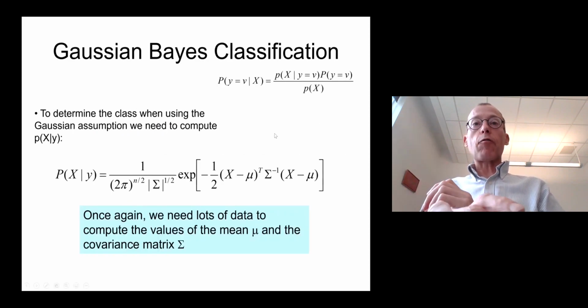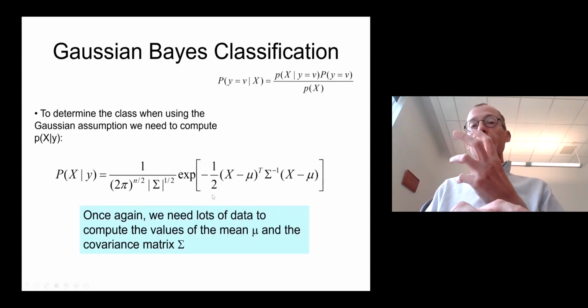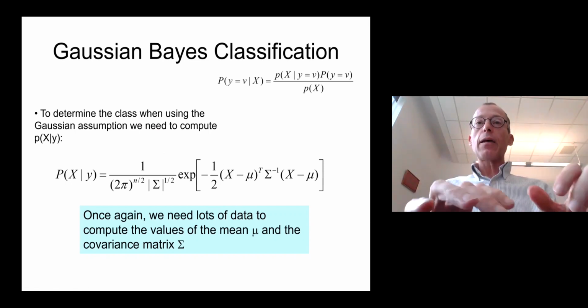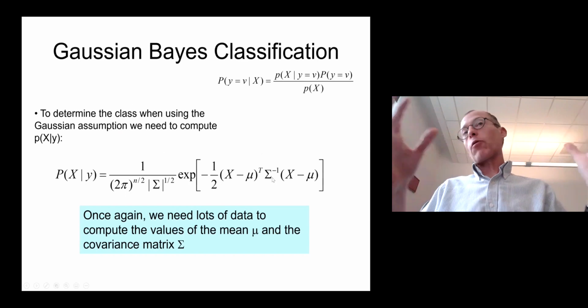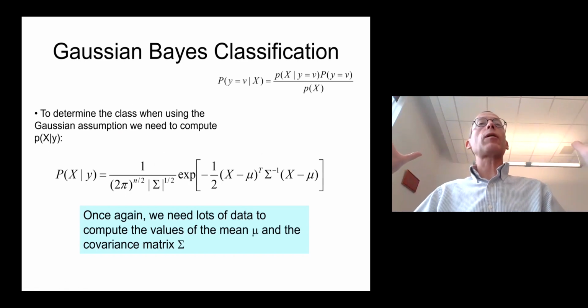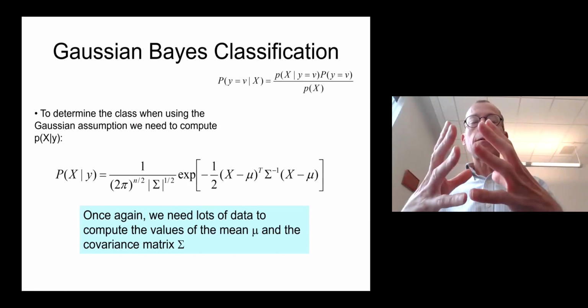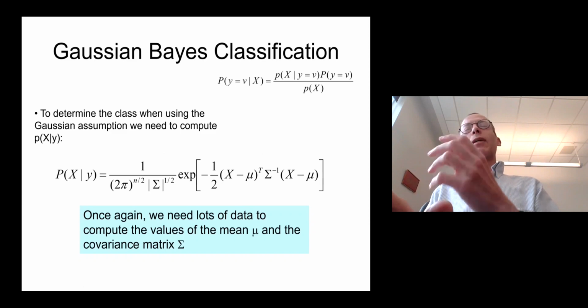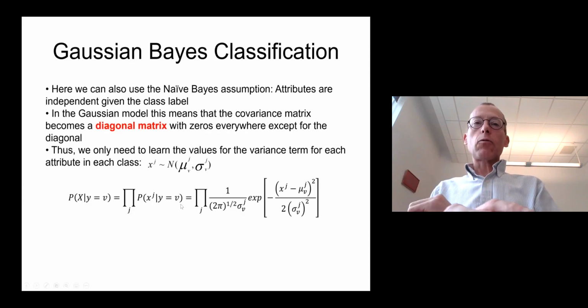So this is the full Gaussian Bayes, basically. If we don't use the naive assumption, if we don't use independence, we need to use the covariance matrix. That covariance matrix can be very big. Basically, the covariance matrix is quadratic, right? Squared in the number of features. So if we want to reduce the number of parameters, we can just do the